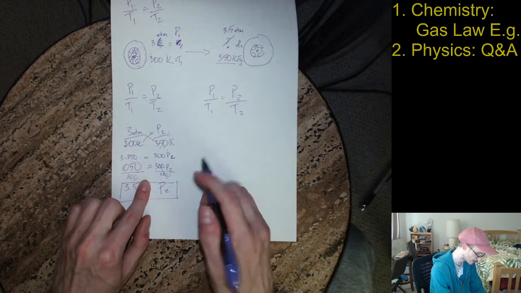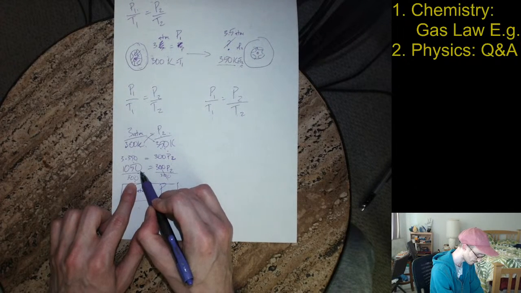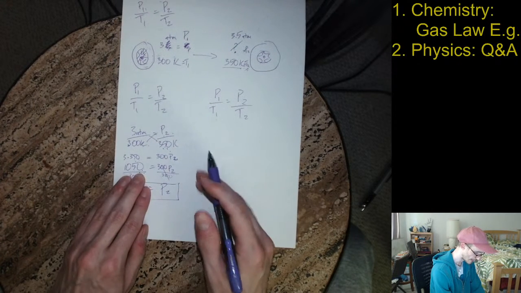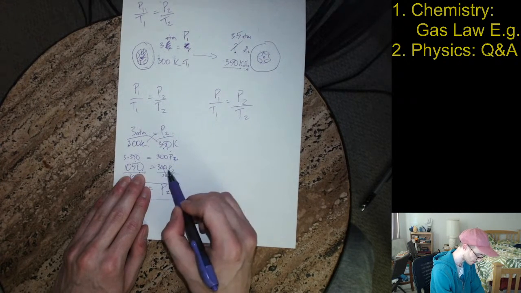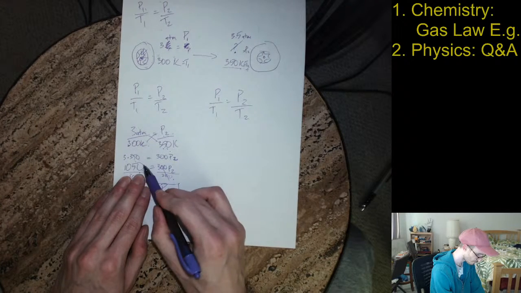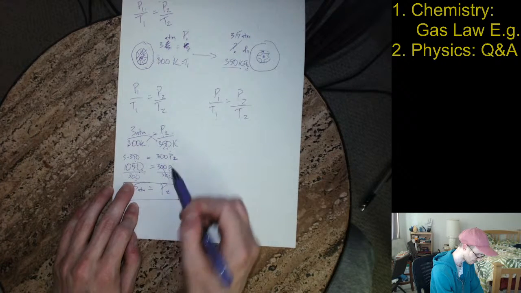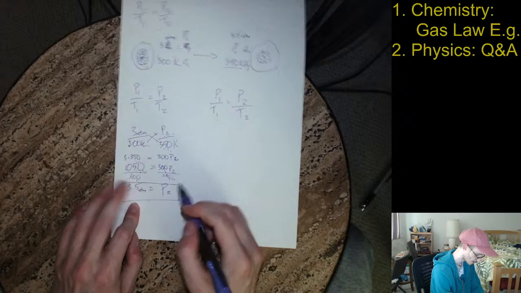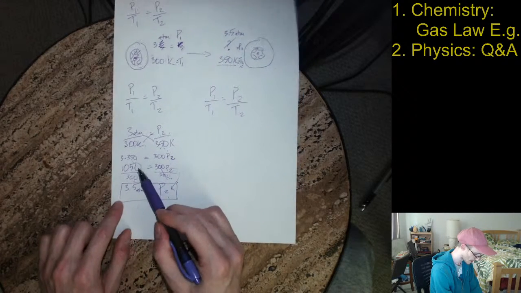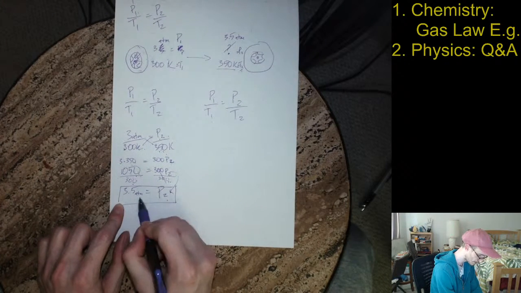Next, I'm going to multiply these two together. 3 times 350 equals 1,050. And on this side, I don't have to do anything except divide by 300. So after I found this, I'm going to divide both sides by 300, and it's going to give me my answer. That's going to cancel out. So on this side I have P2, and on this side I have 1,050 divided by 300, which I did on a calculator, gives me 3.5